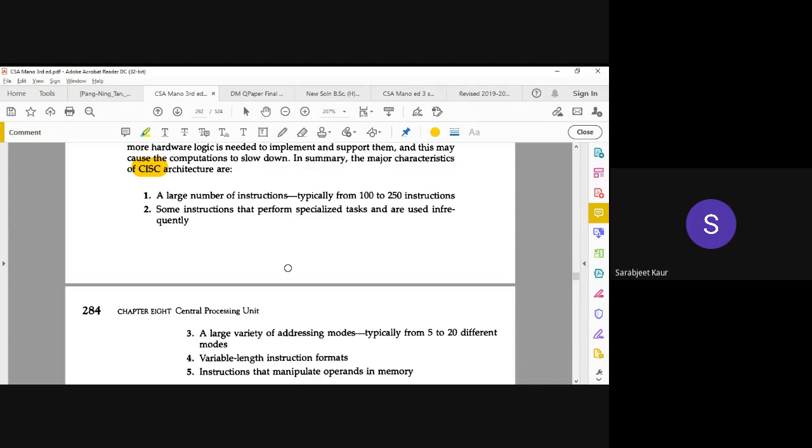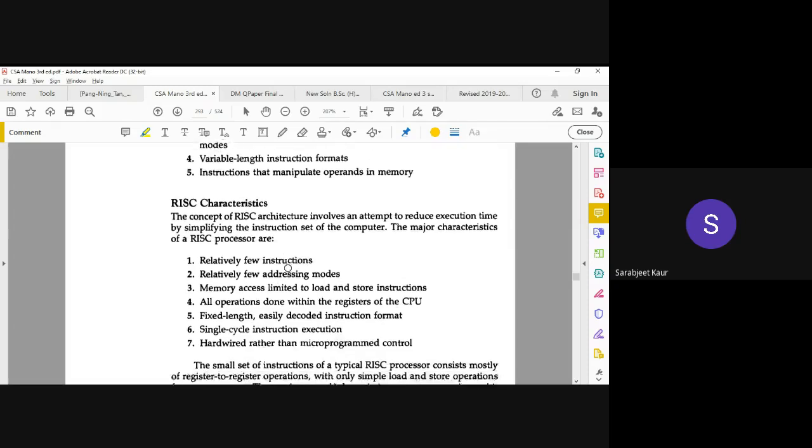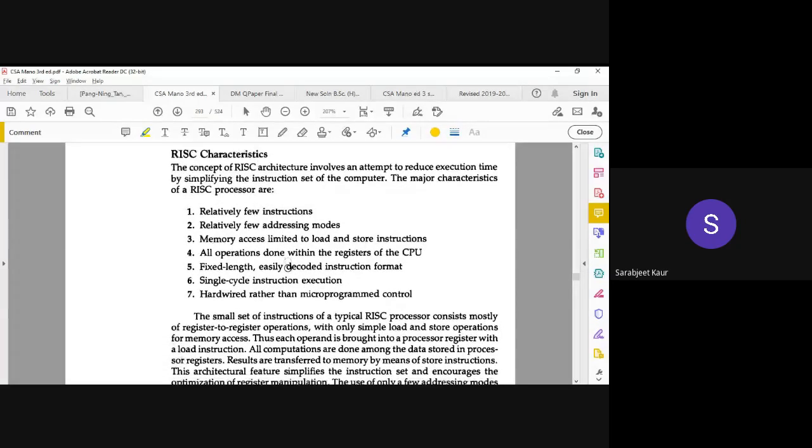Okay, so that is why from CISC, then we came to the concept of RISC instructions,